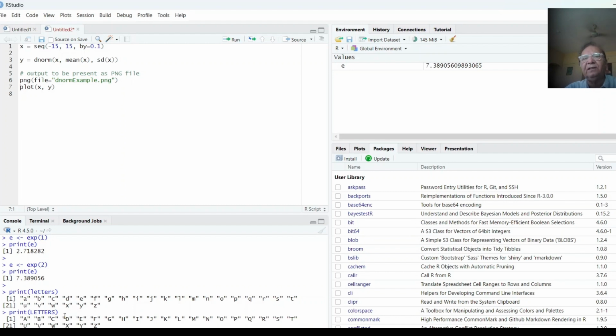We will learn data visualization in the next video. In this video, you have learned how to download R and how to download RStudio. R should be downloaded first, RStudio later on, and then you can do the small exercises which I have shown. I will show you the commands for the small exercises in the